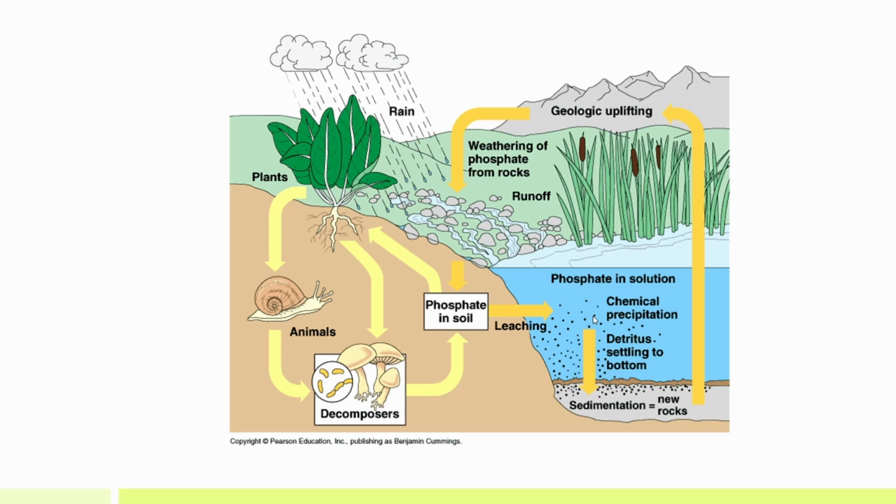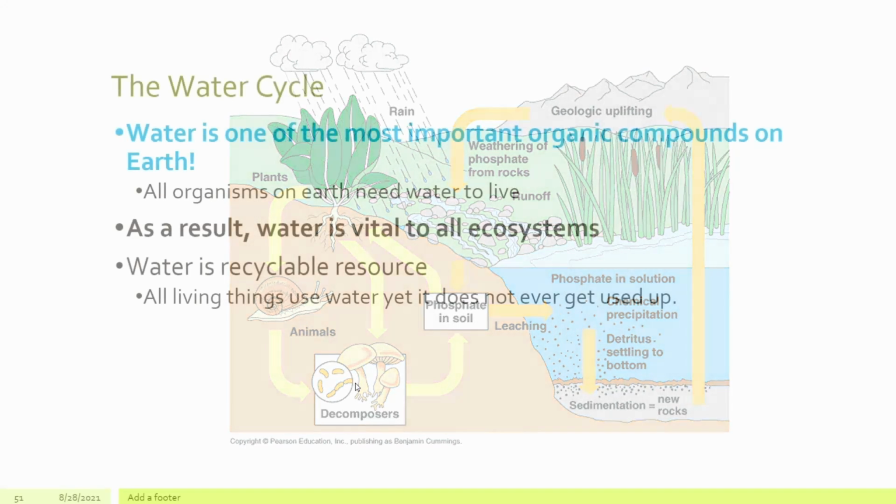We also get some of this rain that contains phosphorus that ends up on rocks being deposited on plants, which absorb that. And when plants absorb a certain chemical, organisms that eat that plant also take in that chemical. When those plants or animals break down, decomposers can also break down and release phosphate or excess chemicals into the soil. And that's how you get phosphate in the soil, both from runoff and leaching from decomposed organisms.